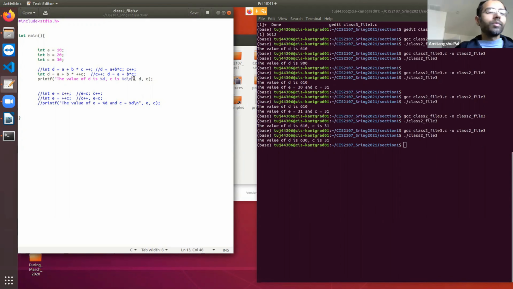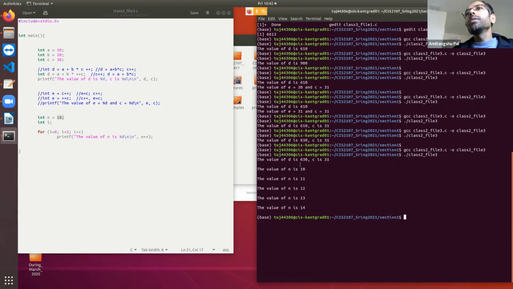Okay, let's take another similar example. Say int n equal to 10, for i is equal to 0, i less than 5, i++, printf the value of n is %d, n++.